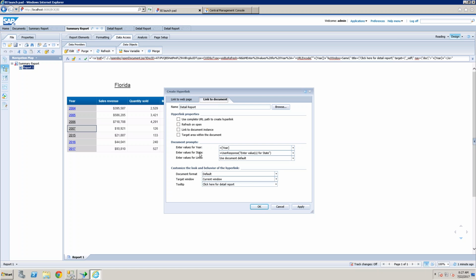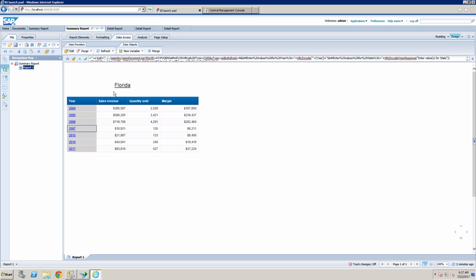Now this is the detailed report's prompt, and this is the summary report's prompt values. So these values I'm passing to the detail. Now save it. Now see, if you select 2007 and Florida, both values will pass to the detailed report.